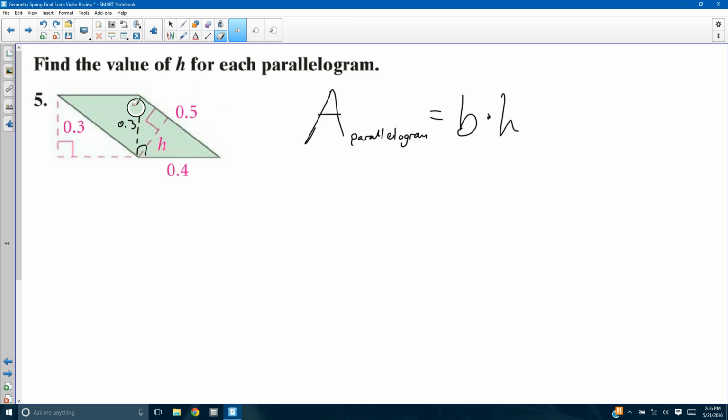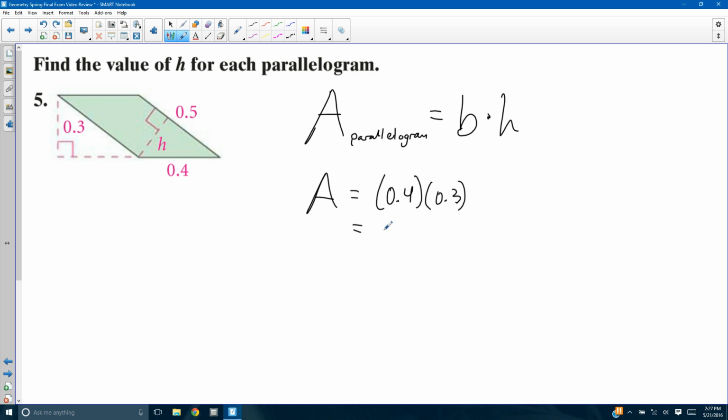I could have also chosen this one right here, and then its height would have been perpendicular to it like that, and that's h, just like this one is. And so you can see that as long as you have any length of your choosing, you can go ahead and get the height from it. So first I'm going to find the area of this parallelogram using that 0.4 right here, this base length, and this height right here, 0.3. Height is perpendicular to its base, so this area is 0.4 times 0.3. 0.4 times 0.3, I believe, is 0.12